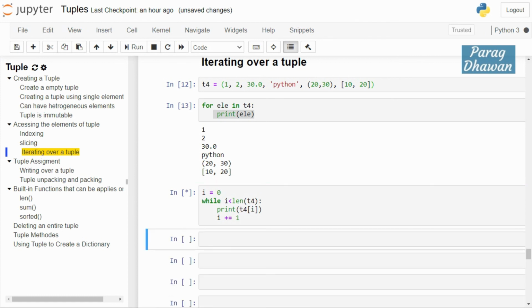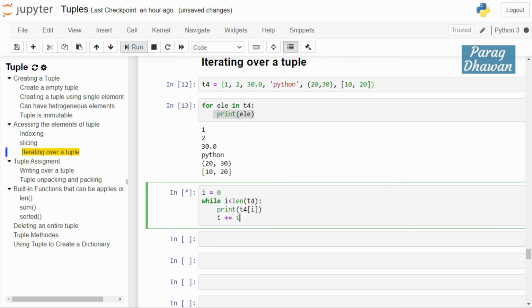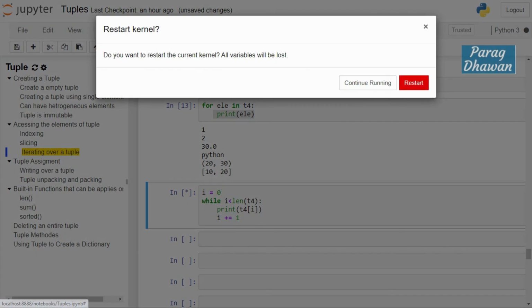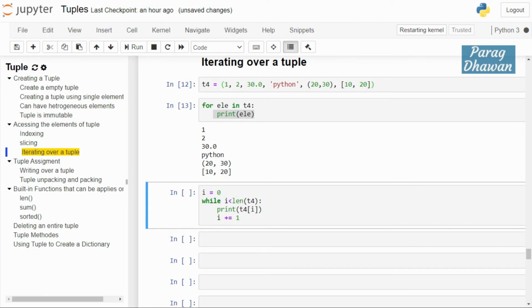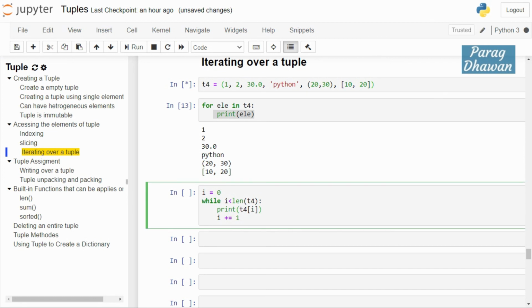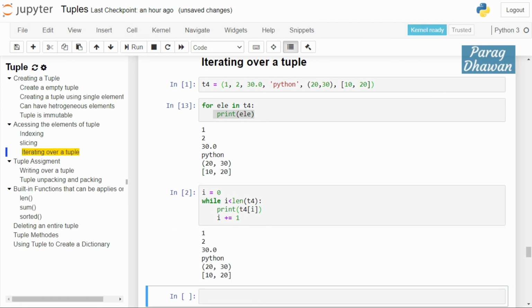Now we have to restart the kernel because we made a mistake. Restart, click on the cell, run the cell, click on the while loop, run the while loop. You can see it has printed the correct values: 1, 30, Python, (20, 30), (10, 20).